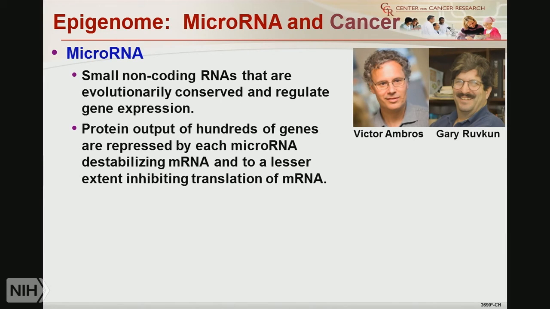Well, this is a hooray for basic science, but this was a new discovery of something that was evolutionarily quite old. So plants have microRNAs. And they regulate gene expression by either binding to the message and inhibiting the translation of the message, or binding to the message and causing instability of the message. And they affect hundreds of genes. Each one affects more than 100 gene expressions.